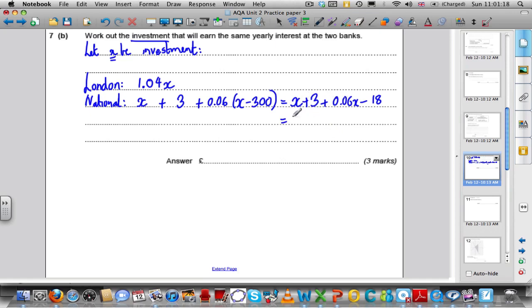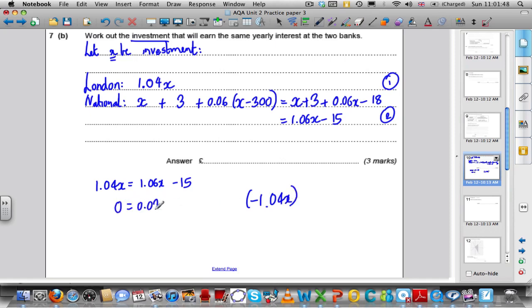Tidying up even more, that means you have 1.06x, 3 minus 18 is minus 15. So you want the two investments to be the same, so you want this amount at the end to equal this amount. So you want 1.04x to equal 1.06x subtract 15. You have x's on both sides, so subtract 1.04x, that leaves you with 0 equals 0.02x subtract 15. Add 15 to both sides, you get 15 is equal to 0.02x, and divide everything by 0.02,